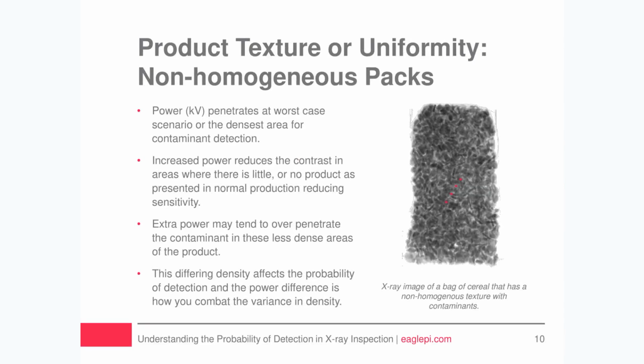Non-homogeneous products tend to naturally vary in densities. Consider a bag of trail mix shown on the right-hand side, for example. In a normal production situation, the trail mix might be slightly thicker, or there may be slightly less in varying locations in a bag. It is also made up of different components, for example, nuts and raisins, which absorb different amounts